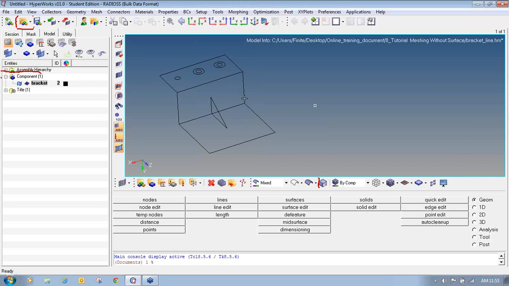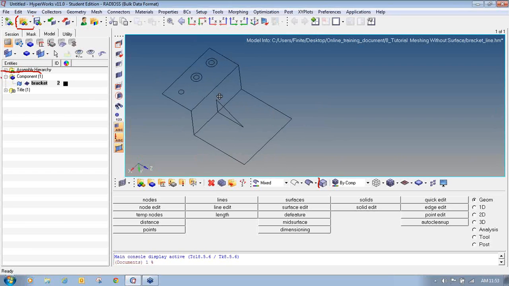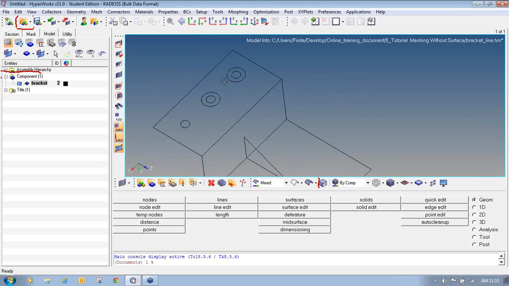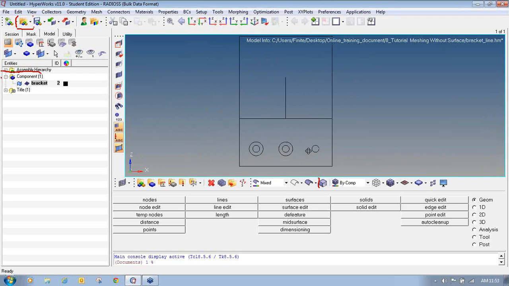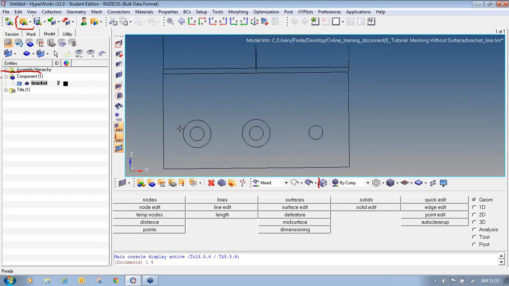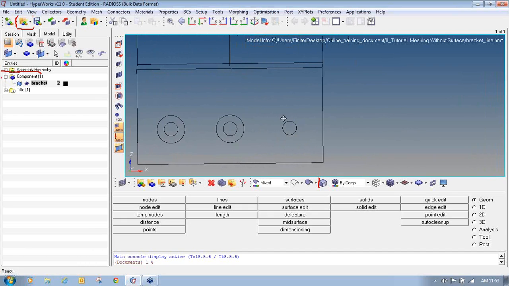Okay, so first of all, we'll start from the top. As you can see, on the top of the screen there are 3 concentric circles. 2 of them have a washer, but one does not have a washer. So to generate a washer for the third one, we will use a panel named scale. So we will create a concentric circle around a hole on a top face using the scale panel.